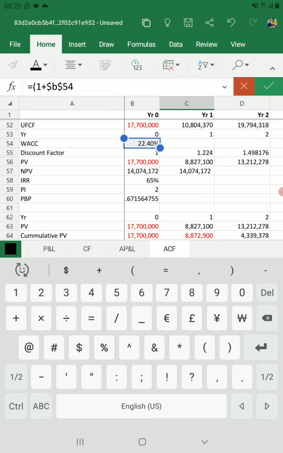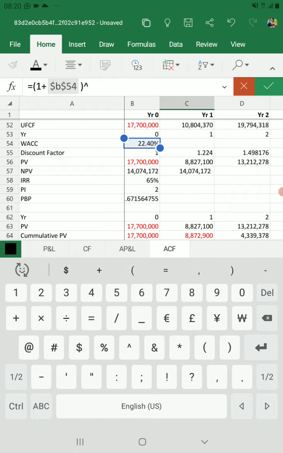We use this long way because we are using Android. If it was Excel, just click there and then use F4 to lock the cell by making it an absolute cell reference. After that I close the bracket, so that is 1 plus R, compounding to the